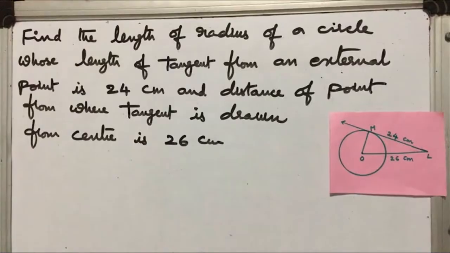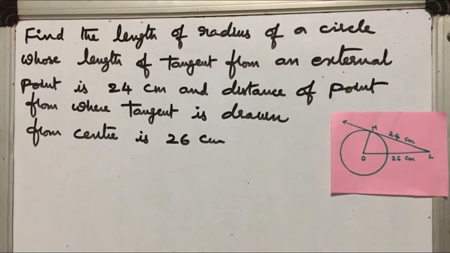One of the important properties is that the tangent which can be drawn at any point of a circle is perpendicular to the radius through the point of contact. And the other one is that the lengths of the tangents drawn from an external point to a circle are always equal. Based on these two properties, let us do two problems in this module.